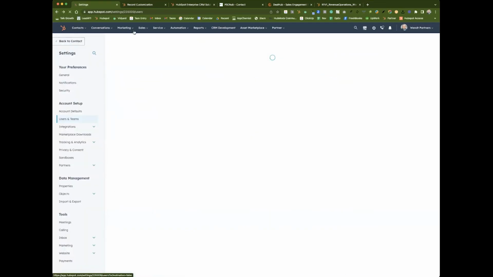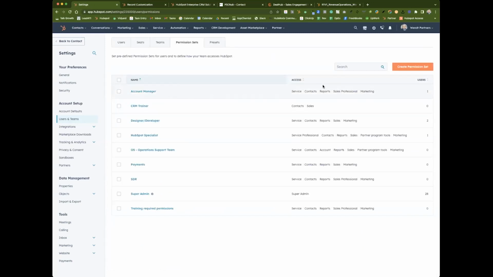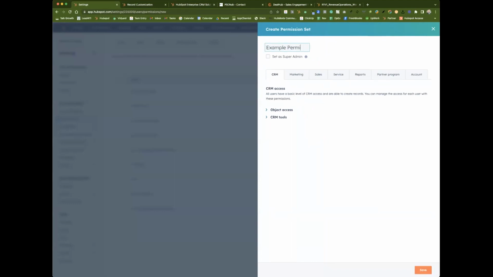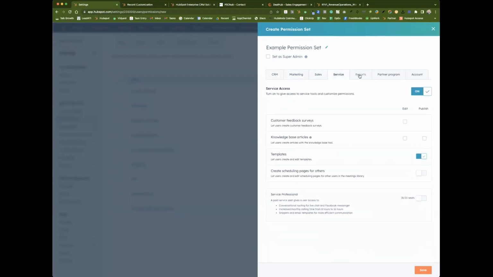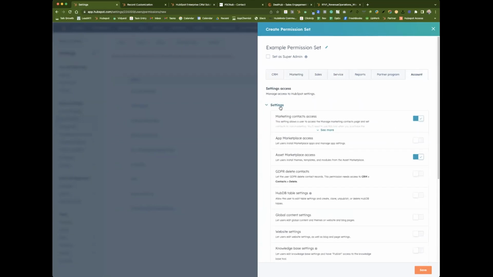But this is a really great example of all of the permission sets. I mean, there's a ton that you can do within them. It breaks everything out really simply. So you have things like CRM, marketing, sales, and they all have different permissions within them. And so I think that this is super helpful too, in kind of allowing you to plan for which team members are going to get which permissions.